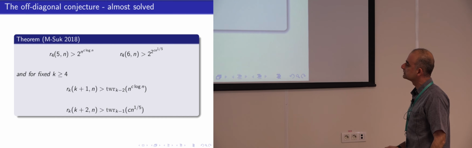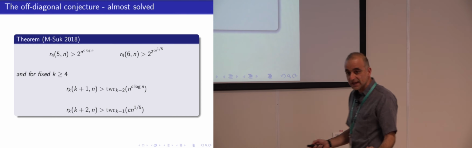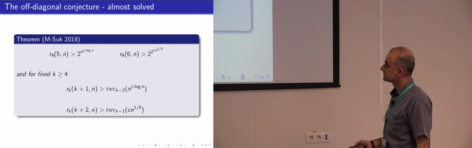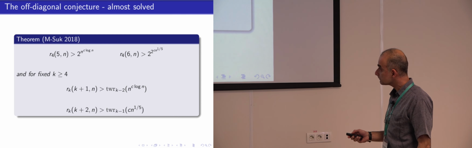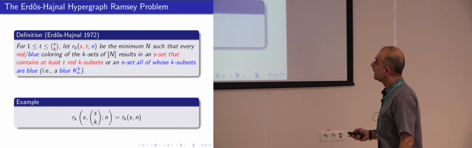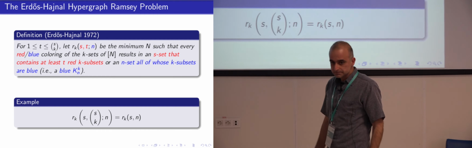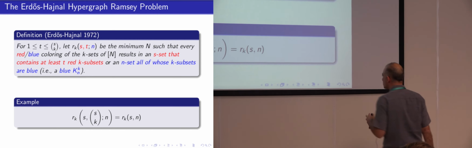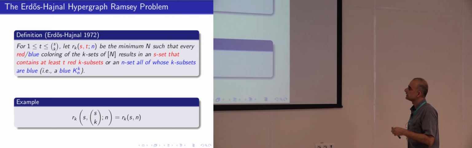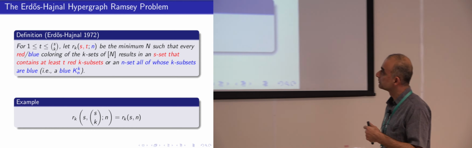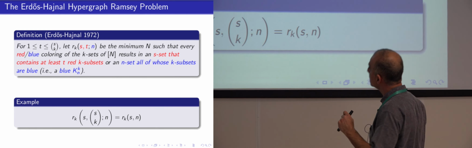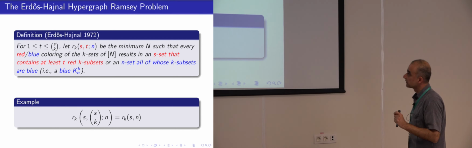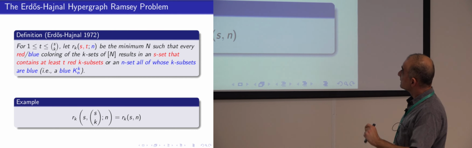Okay, so that's the summary of what's known in the graph and the hypergraph case for perhaps the most important problems as far as quantitative bounds go for Ramsey numbers. And now we can get to the subject of the talk, which is to study something more general. And this was the main problem that was posed in this paper of Erdős and Hajnal that I keep referring to. So what they defined is something a little bit more general than the Ramsey number that I've been talking about so far. It's basically the same thing,